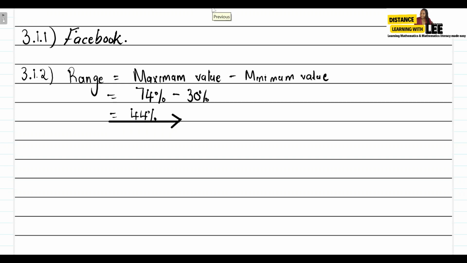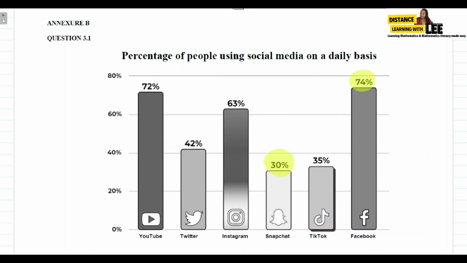to represent how many people use social media daily. We can use a line graph to also represent that data, or we can also use a histogram to represent the information about social media platforms. But I actually don't agree, because the memo says that you can either use a line graph or a histogram to represent the information about social media platforms. I do not agree with the histogram, and this is why.